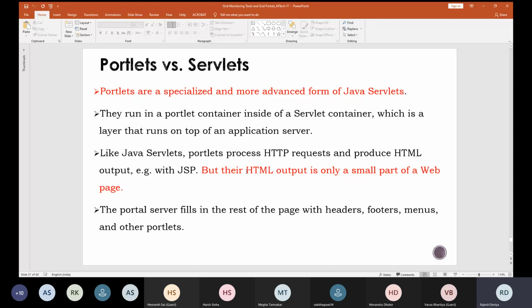Only the portion of the information in which a user is interested is provided to the user, and at the end, the portal server may fill the rest of the page with headers, footers, menus, and other portlets. So this is the difference.